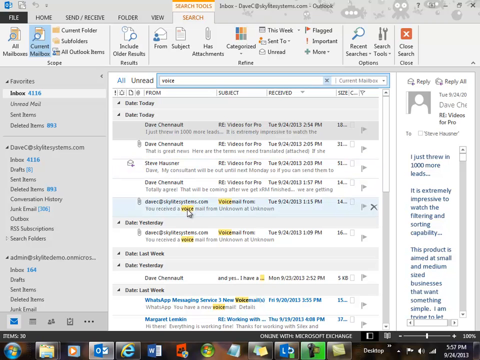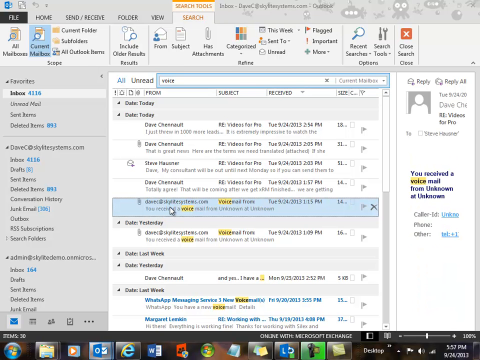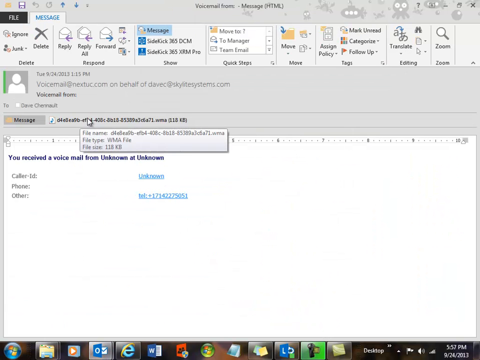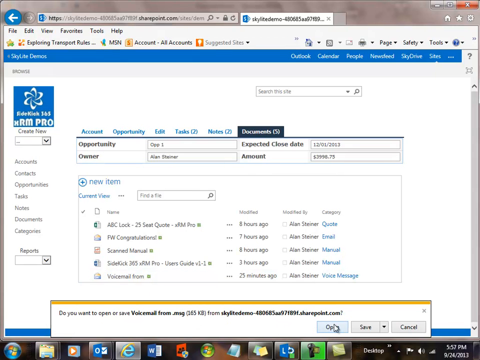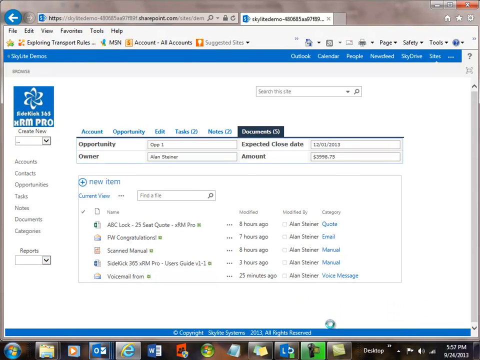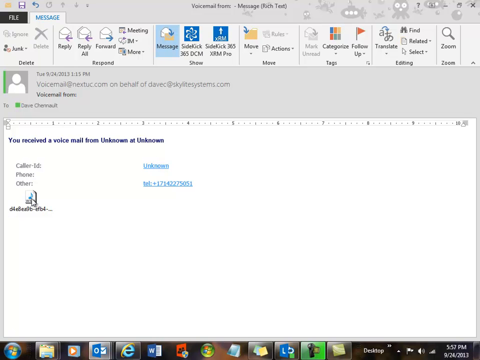Okay, you can see here that I have a voicemail coming in, and if I double click on it, so I guess the word is mail, not message. Same idea. I have this voice message here. I can push that right into SideKick, and that's what I did. If you take a look here, I've got voicemail, and I'll turn it up real loud so you can hear it. But what I can do is just go ahead and open it up. And if I double click on the WAV file,